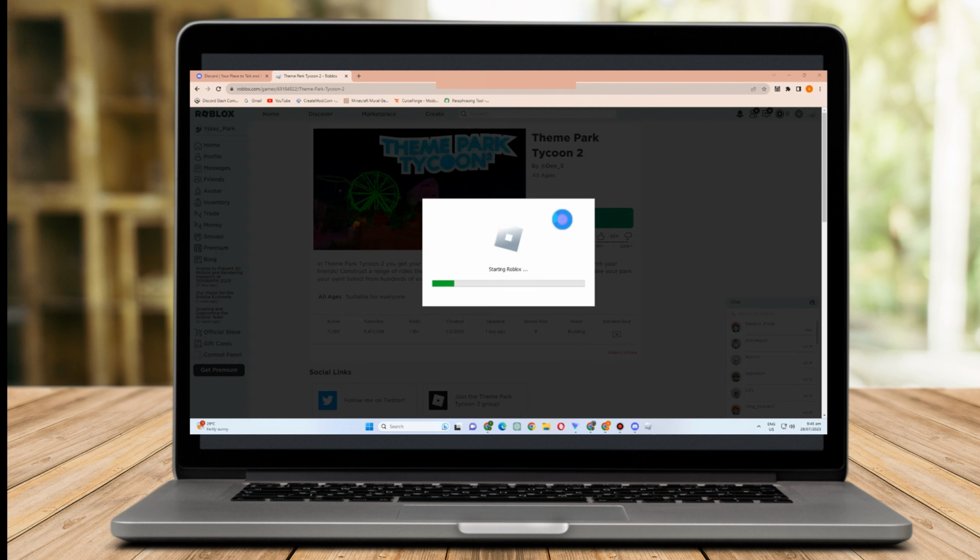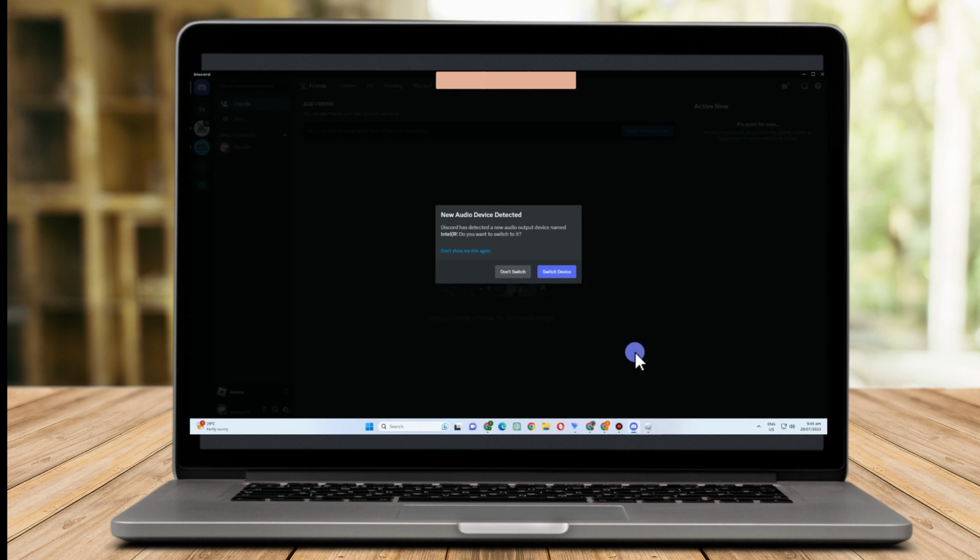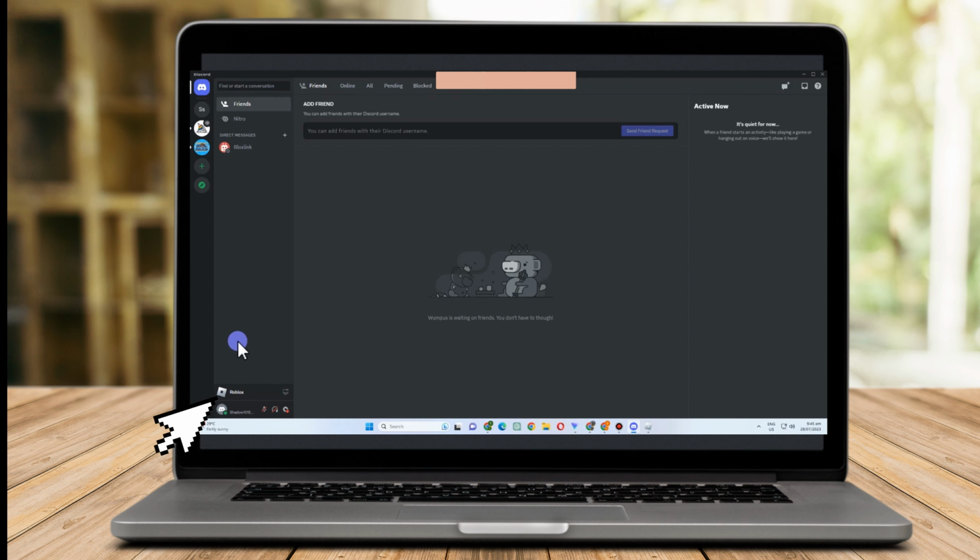Okay, so once you open your Roblox, all you have to do now is simply go back to your Discord account or application. Then you can see here on the left side that you're currently playing Roblox. As easy as that. Now, if you haven't seen this one yet, then you can go to your settings, tap